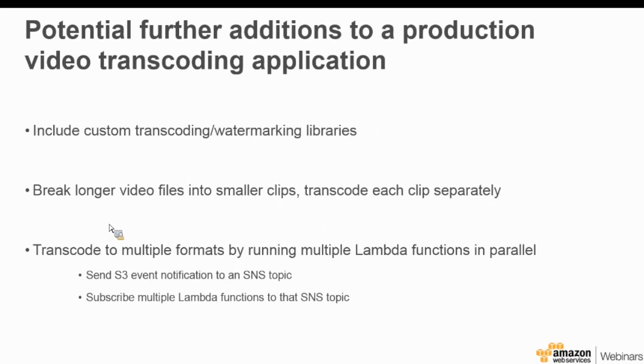And the final one that I'd like to call out would be to transcode multiple formats by running multiple Lambda functions in parallel. Now an S3 notification can go only to one endpoint. So what you could do is send the S3 event notification to an SNS topic. But now SNS can do a fan out, and you could subscribe multiple Lambda functions to the same SNS topic. So you could have one Lambda function which does AVI to MP4, another one which does AVI to WMV, and a third one that does AVI to extract only the audio and put it in an MP3, and that gives you a very easy way of doing an effective all-to-all in real time for this